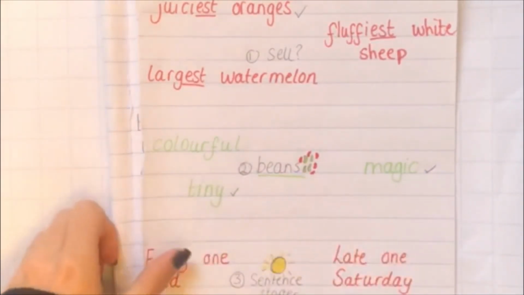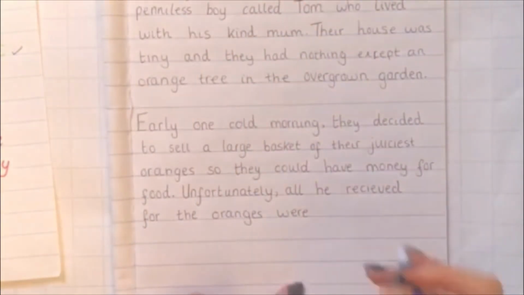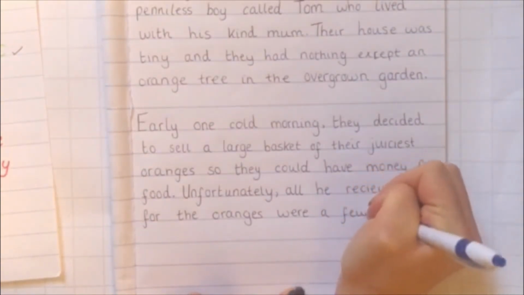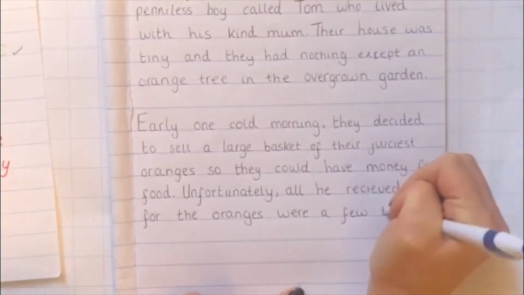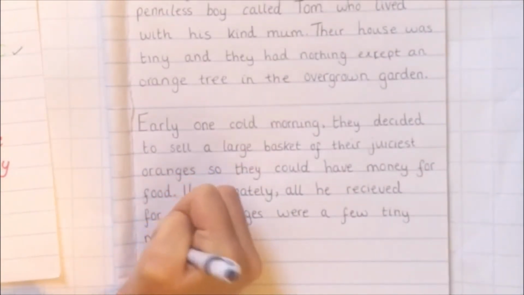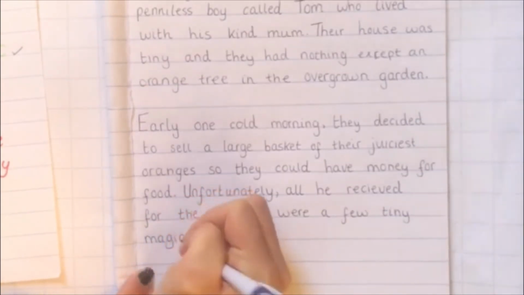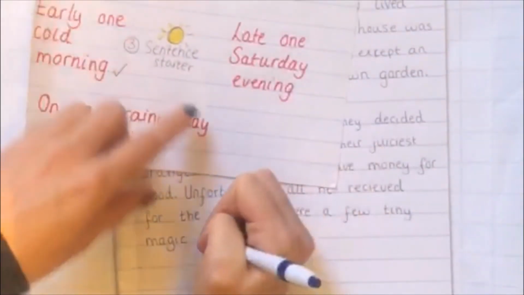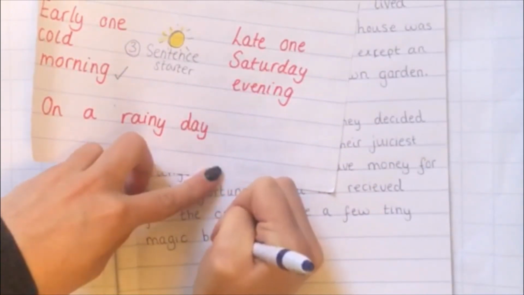Tiny and magic are the ones I'm going to pick. Were a few tiny magic beans. If I don't know how to spell beans, I can always look back to my vocab to help me. So here I have it to help me. Cup of tea,